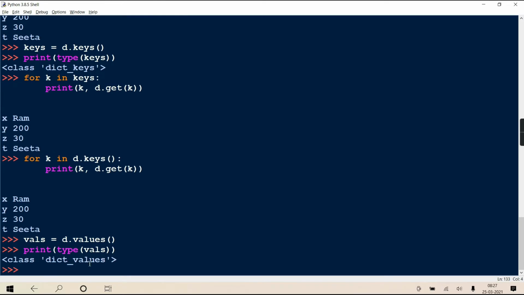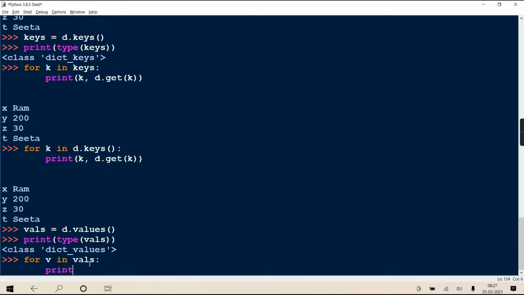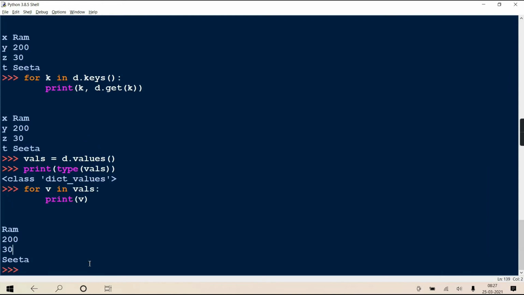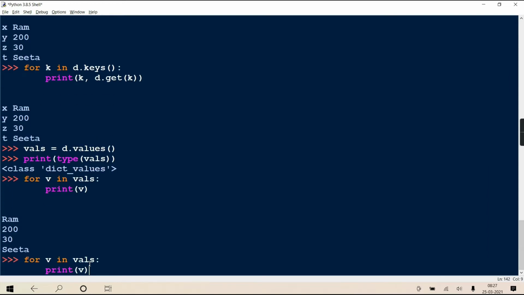It's an object of class dict values, but dict values also comes under which category? Iterable category. Therefore, you can use it in a for loop like this: for v in vals. And if I print v, only values will be printed. Clear? And instead of vals, can I directly call d dot values here? It is 100% valid.